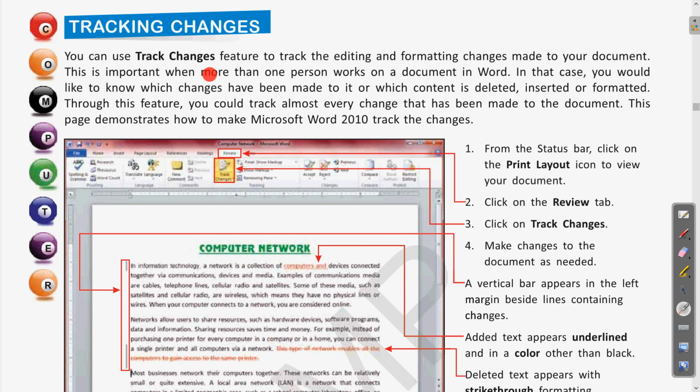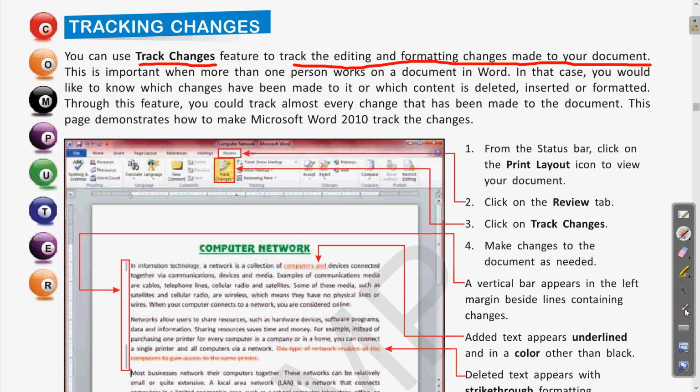You can use the track change feature to track the editing and formatting changes made to your document. Clear? So the track change feature, what is the main function of this? This is used for tracking the editing and formatting. Whatever changes have been done to the document, the date on which, and the user who has made these changes, all of this can be tracked, so we can get the details of all these changes.